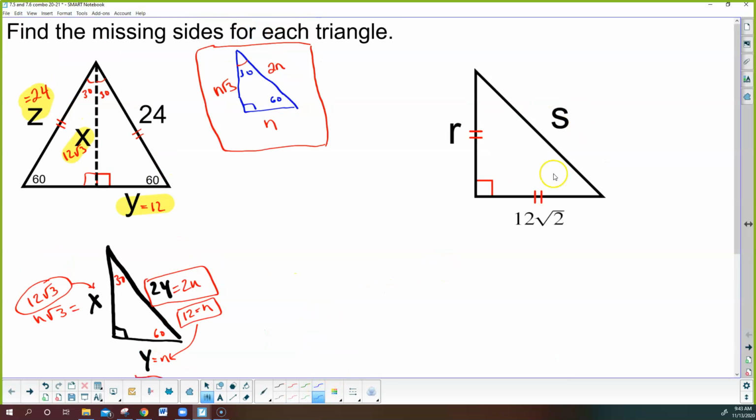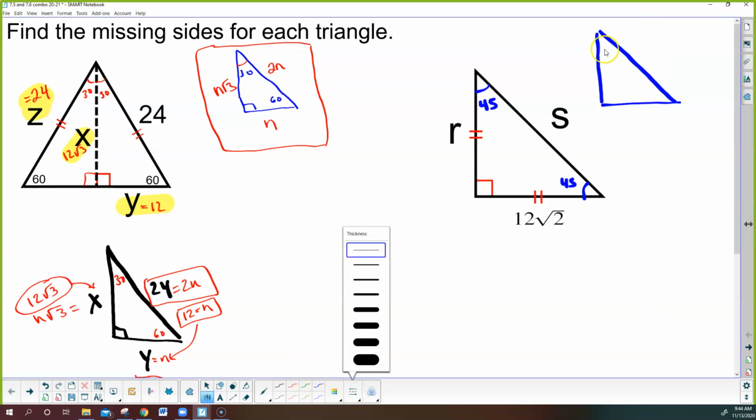Then I'm going to come over to this one, and we're going to look at, it's a right triangle that is isosceles. Well, if it's isosceles, the base angles are the same. And if the base angles are the same, then it has to be a 45, 45, 90 triangle. So what I'm going to do is just kind of quickly sketch our formulas. If it's 45, 45, 90,